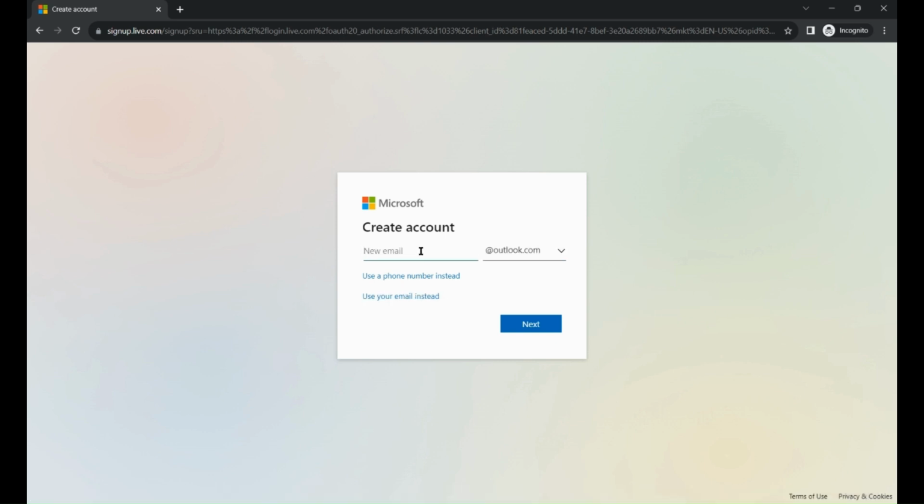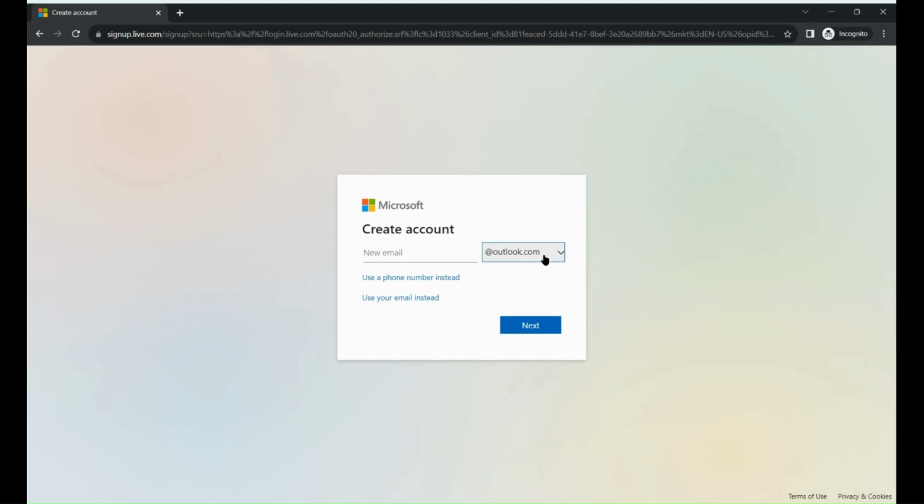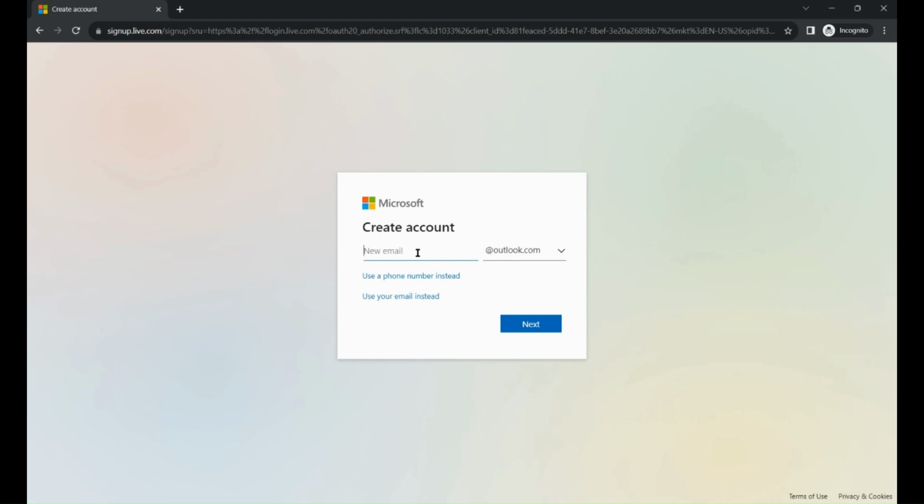You can type your desired email address here, and here you can select outlook.com or hotmail.com. So I will proceed with outlook.com and just type your email address here. So I'm just putting learning by, okay. Then click on next,